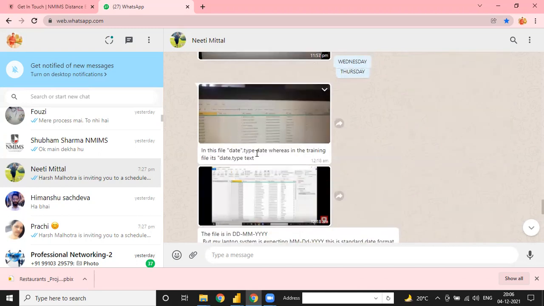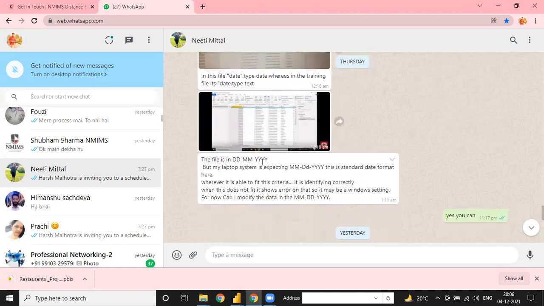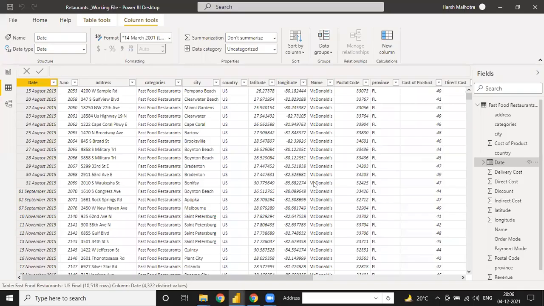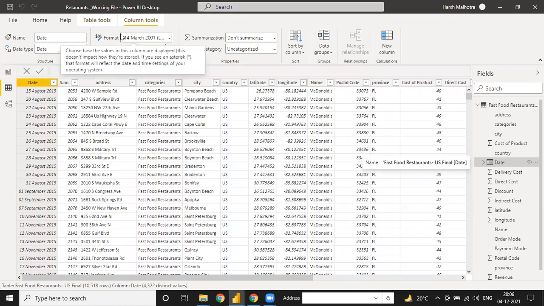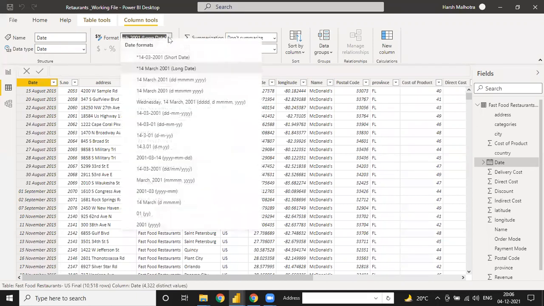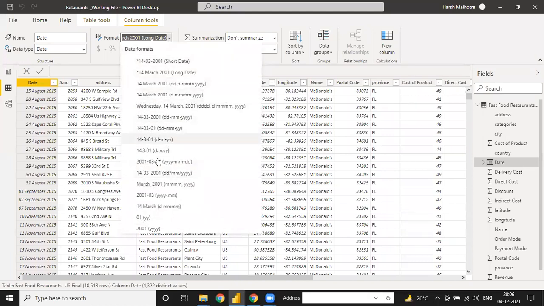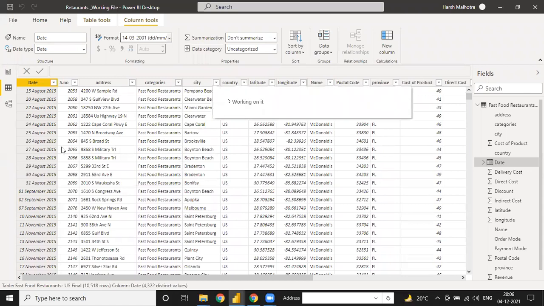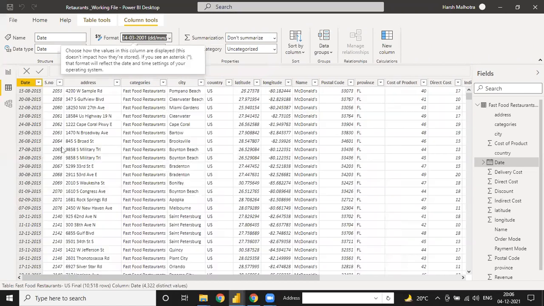Date error. Okay, the data type is a date type. See, this is the date type, and your date's data type is always a date. Click and now go to this format and you can select whatever format you want. Suppose you select DDMMYY like this, the date will be changed into that format in one go. See, now it is very simple.